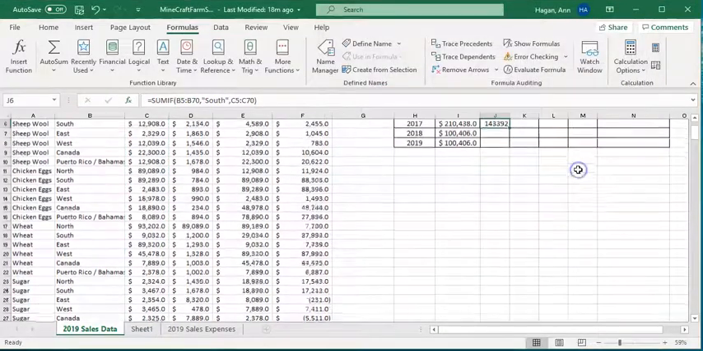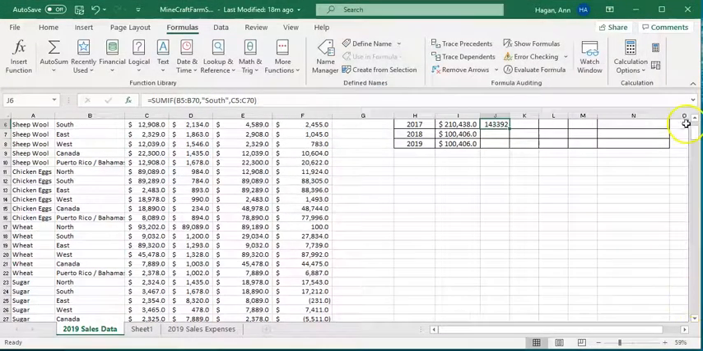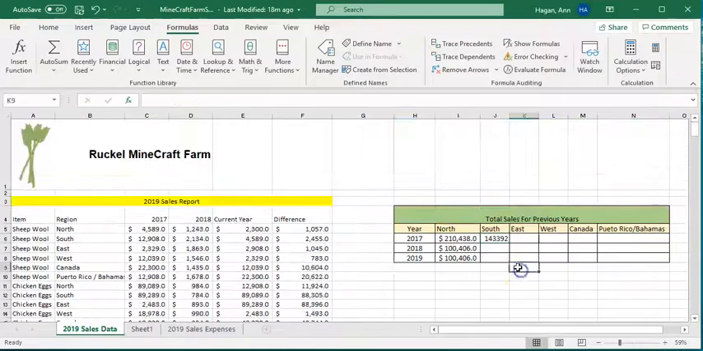And then click OK. So it looks like it came up with 143,392. Okay, let's go ahead and do the same thing for the South region again, same function, but this time